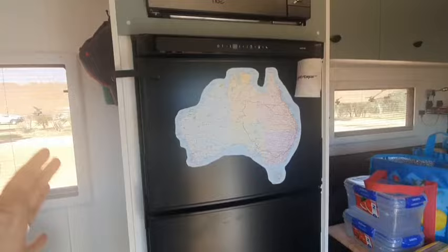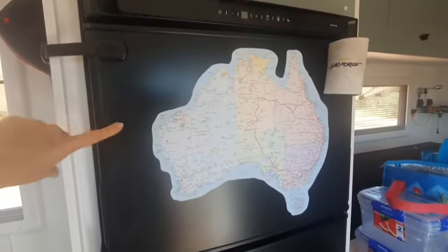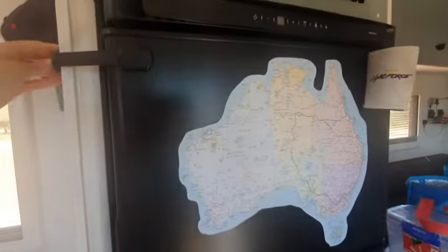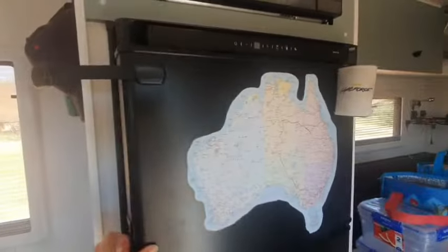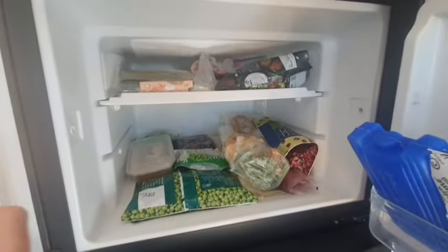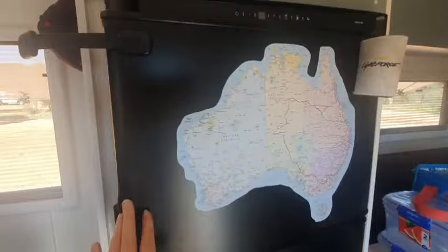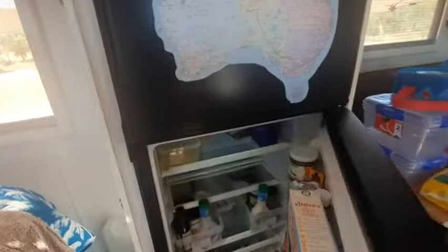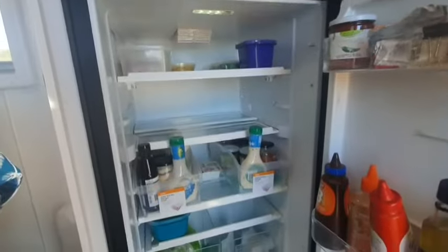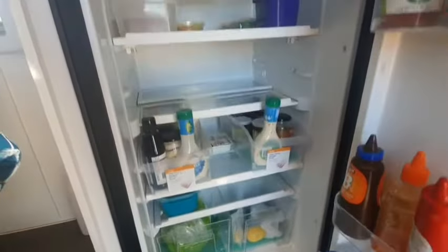And this is our fridge, which is not much better. Now we have a 280 litre fridge, so we do have a massive freezer up here, which is half empty. We also have a fridge freezer set up in the car as well. We're going to be filling all of this up, but this is our poor bare little fridge with basically nothing